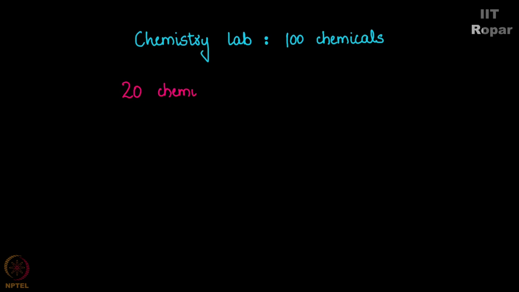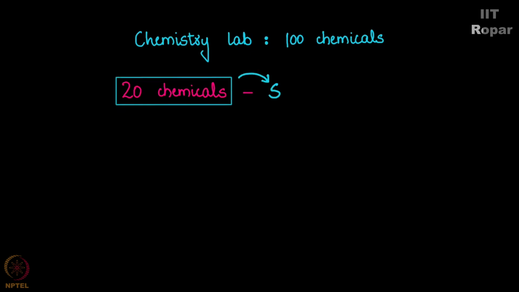Let's get back to the chemistry lab example. You see, I had 100 chemicals that satisfy these 4 properties. You just saw, before this clip, the definition of subgroup presented to you. How does that translate to my chemistry lab? Given my 100 chemicals, there are these 20 chemicals in my lab, I have observed, which satisfy these 4 properties. What do I mean by that?